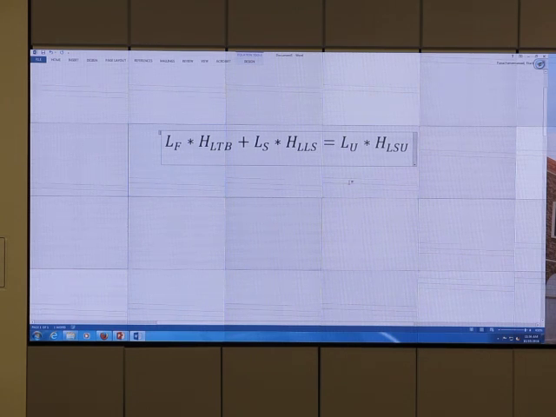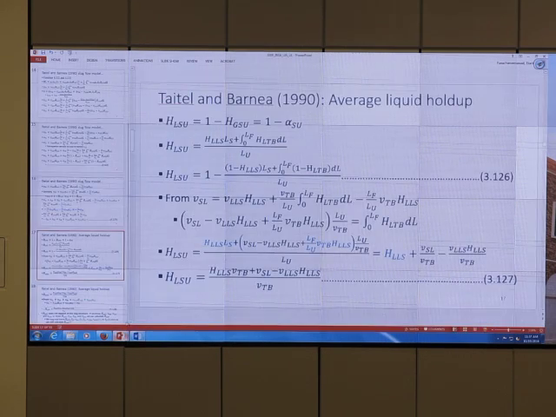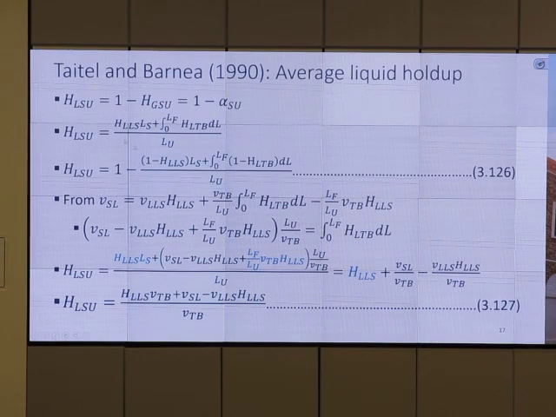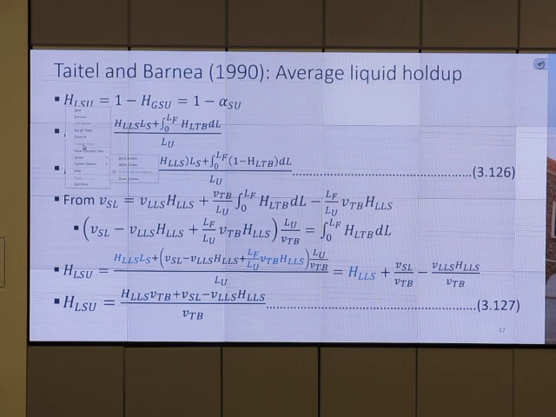This equation is for the case where everything is constant. If your holdup is not constant, you integrate it, right? So you get that equation. Okay, just have to integrate for the film zone because for the slug body zone it is constant. Alright. So from this equation, you see we have two ways to calculate HLSU or slug unit holdup. One way is what I have told you, that one, right? Another way is